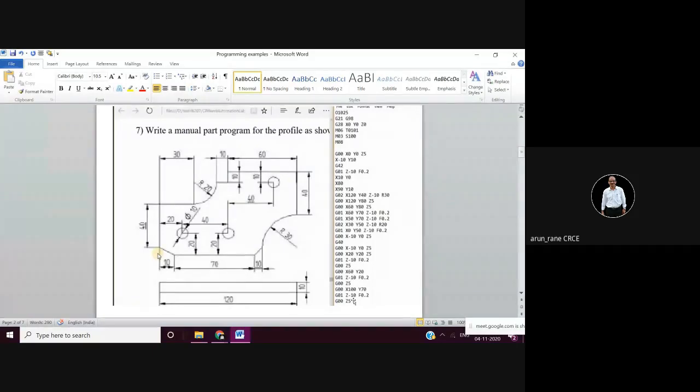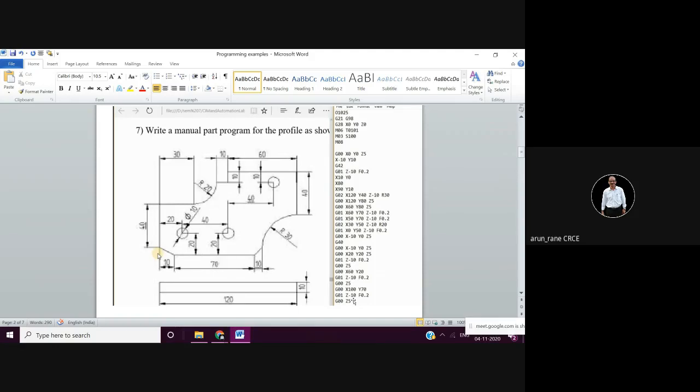But practically that won't be possible. Practically, you will be machining it from a rectangular block, so you will have to take a series of cuts. But if you do it like that, it will take a lot of time to write the program. So we understand that. What you have to do is assume that the raw material is as per this shape only, with an allowance of 1 or 2 mm. The stock or machining allowance is 2 mm. You can assume that it is a casting or a forging, approximately to this shape.